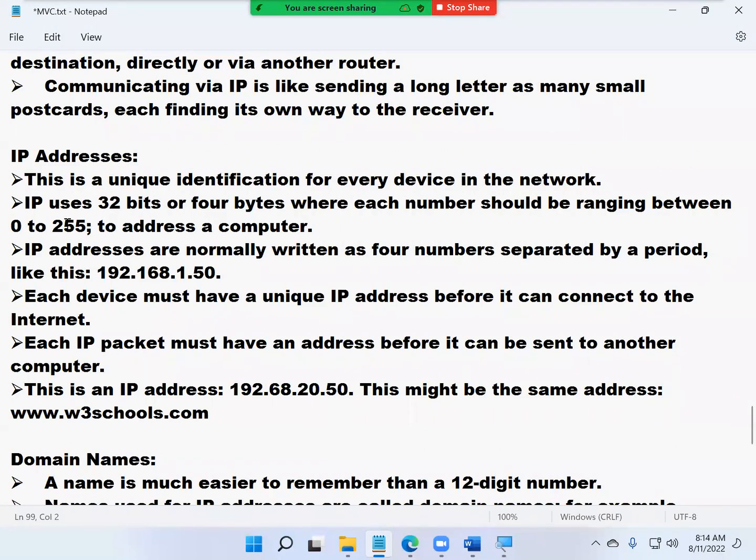The IP address is a unique identification for every computer in the network. Have you noticed it any time? You go anywhere and there's a Wi-Fi option available. You ask for the Wi-Fi password, you enter it, and immediately you see a message: obtaining IP address. Noticed or not? If that IP address is not there, you cannot enter into a network. This IP address is mandatory.